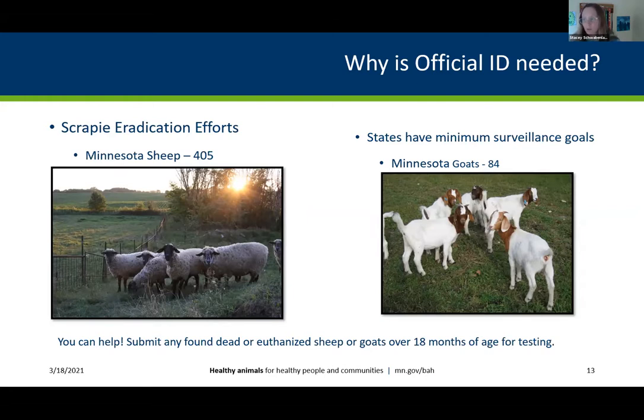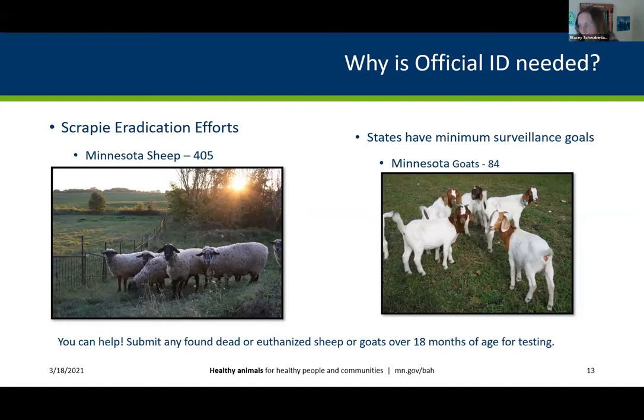So in Minnesota, we have to collect this year 405 sheep that are from Minnesota and 84 goats, again, that are from Minnesota. And we need to show that those animals have tested negative for scrapie.